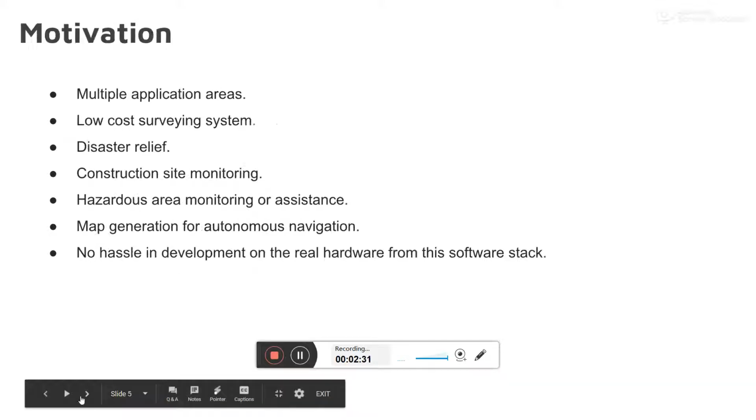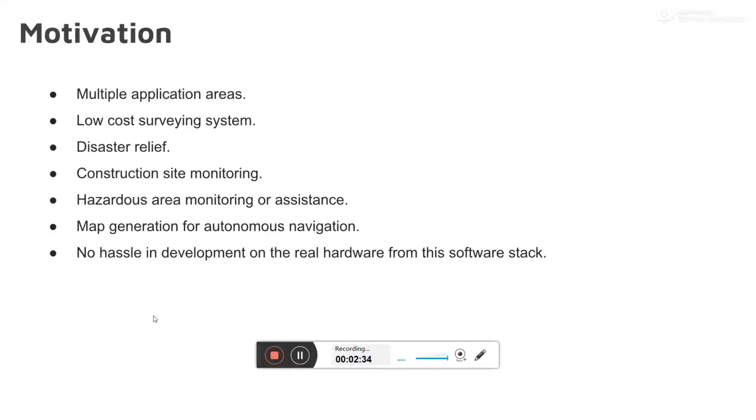Let's move on. Why did I do this? What was the motivation? The main motivation was that these kinds of autonomous operation systems have multiple uses in multiple scenarios, and I was also trying to develop a low cost system, as the Turtlebot is an off-the-shelf low cost robot with a depth camera, which is certainly a cheap option for developing a robotic system. So the applications where this system can be used